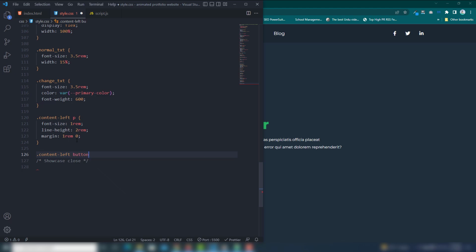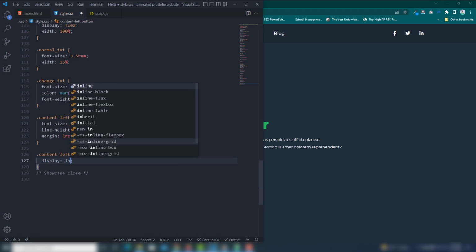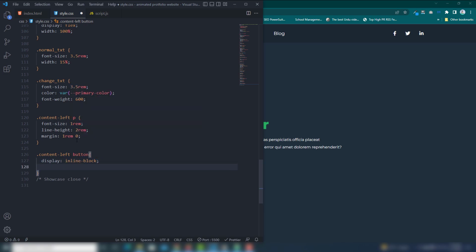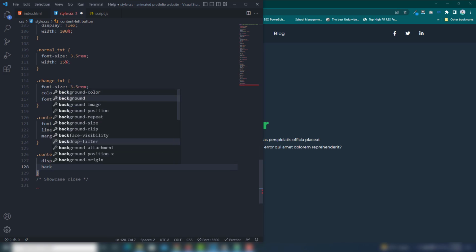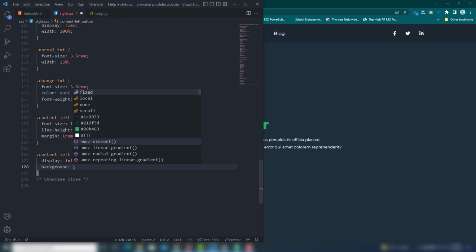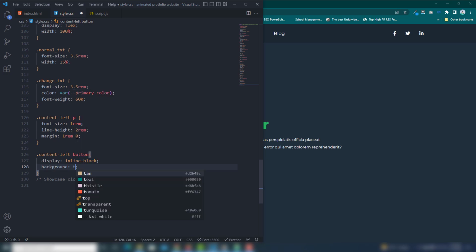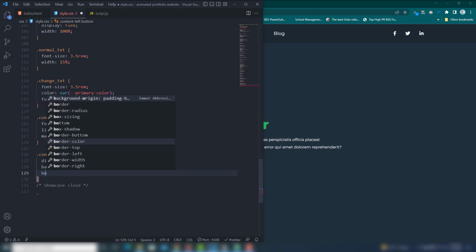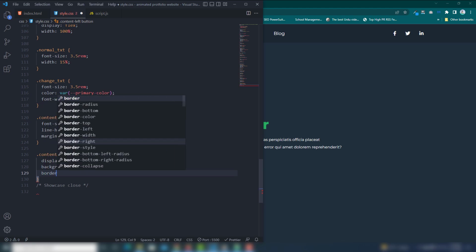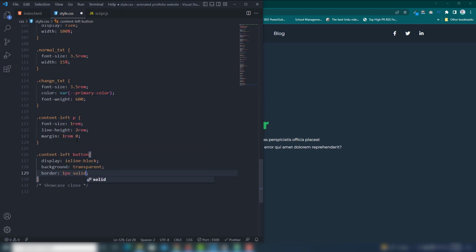So content left, and call the button. In the button tag, first thing you need is display inline block, and background I'm going to use transparent, border 1 pixel solid, and color will be white.